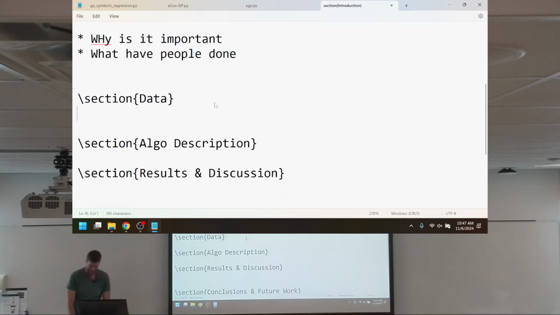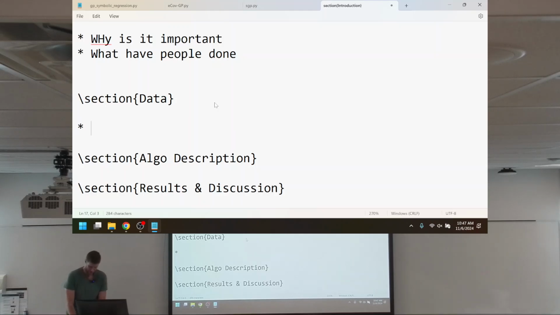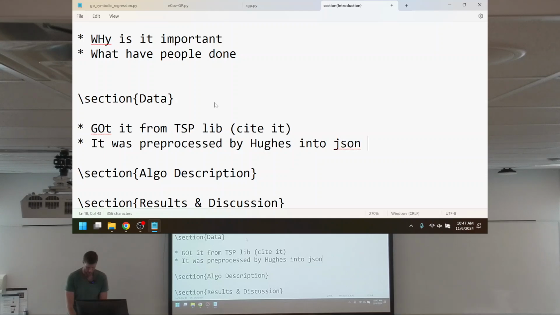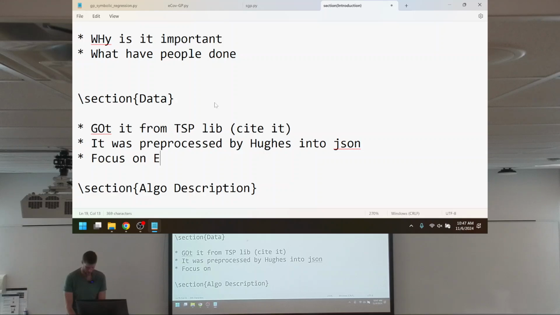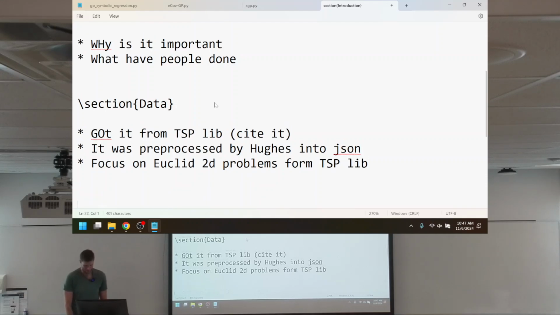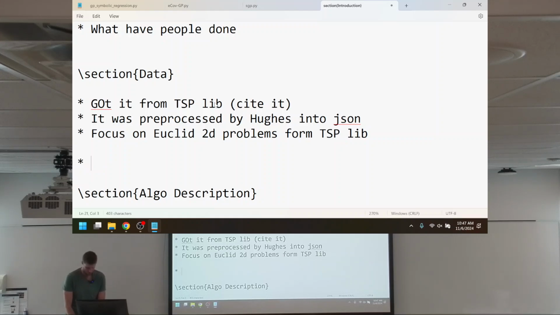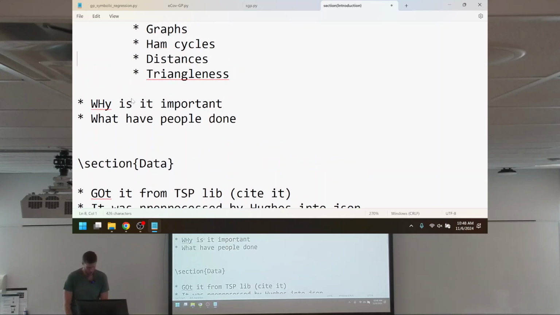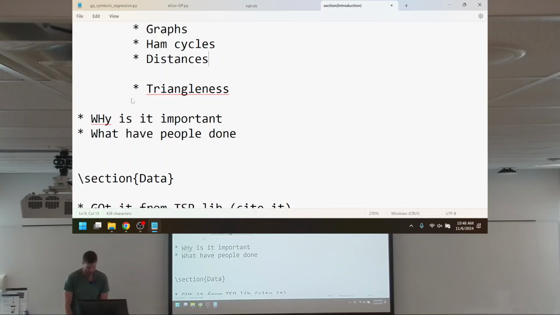Okay. Yeah, and then the data. Well, the data is pretty straightforward. Got it from TSPLIB, cite it. But it was pre-processed by Hughes into JSON, focus on Euclid 2D problems from TSPLIB. That's probably good. Maybe I can show a figure of a graph, one of the smaller instances so you can visualize what's going on. And while thinking about that, I go up here and go, hey, Hamiltonian cycles,